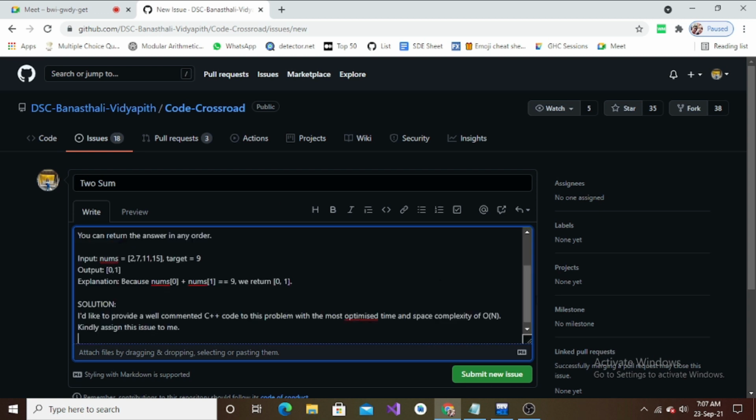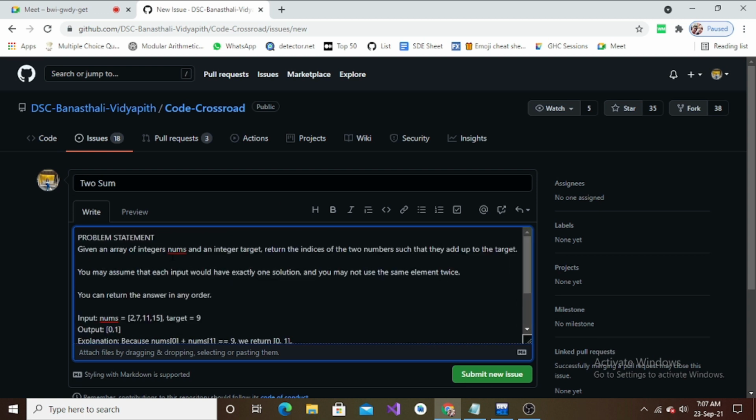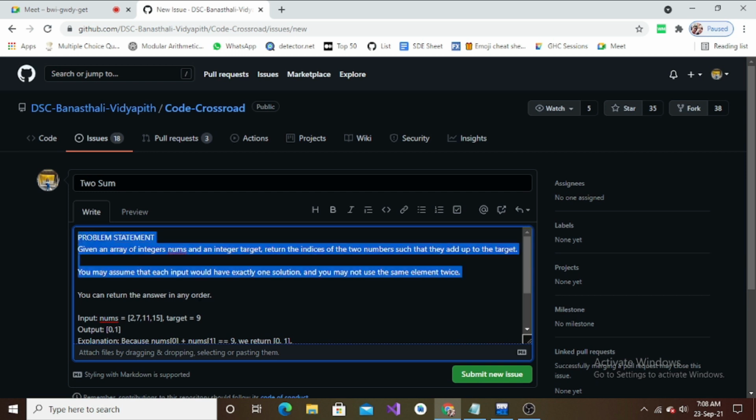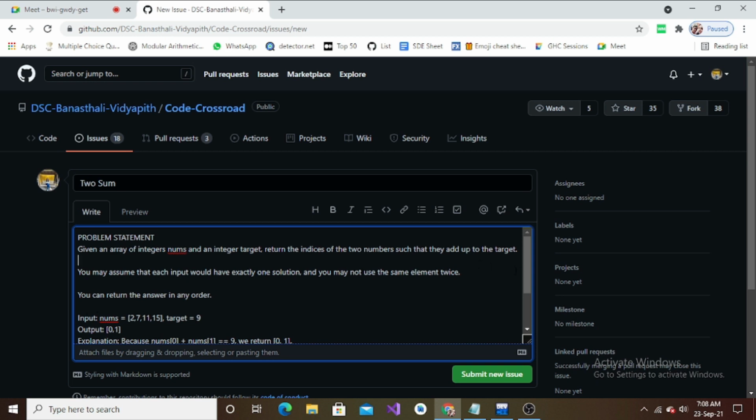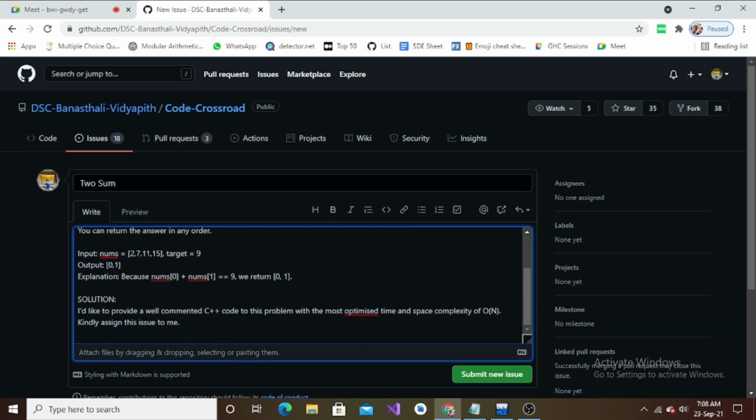Since this problem is of my own, like it is not one of the problem statements mentioned by the team members in any of the topic folders, I will have to mention the problem statement clearly and completely, right? So this is the problem statement. Then I have also mentioned the input and the output over here, as you can see, right? And then the explanation as well. So let me just increase the font size maybe.